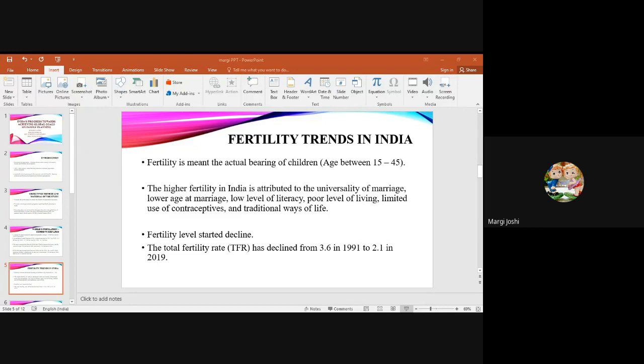The reasons for this unmet need are inconvenient and unsatisfactory services, lack of information regarding the use of contraception and where to buy it, fear about the side effects of contraceptives, opposition from the husband or relatives, religious belief, etc. These all impact our unmet need.